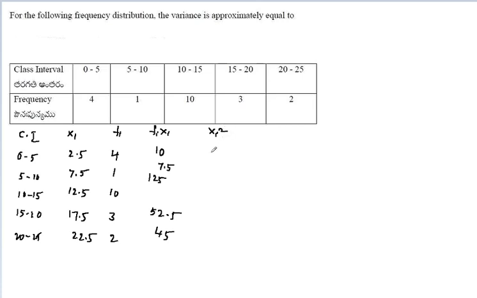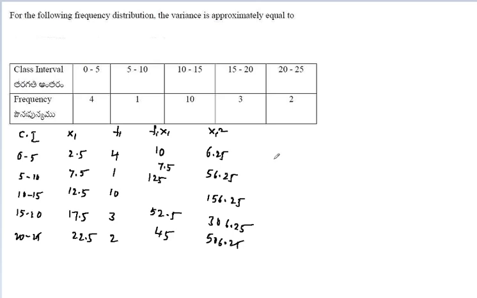Xi square means 2.5 whole square, that is 6.25, and 7.5 whole square, that is 56.25, and 12.5 whole square, that is 156.25, and 17.5 whole square, that is 306.25, and 22.5 whole square, that is